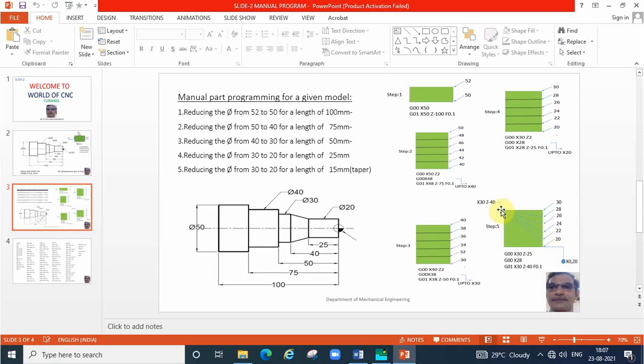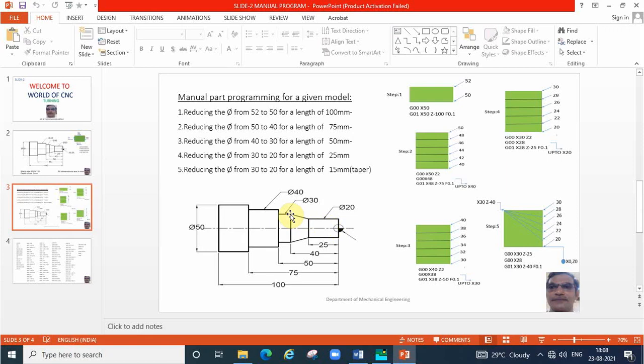Say for all this, no change in X value. Here every time we have to write the X value also so that we will get the tapered portion. Okay, so every time we have to write the value X30 and Z minus 40. How is it Z minus 40? This is absolute programming. From this reference point, we are moving the cutter to this point.